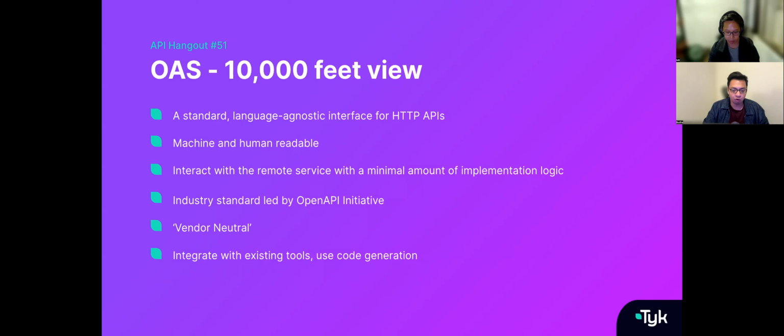And taking it even a step forward, there are tools out there today that enable code generation based off of this blueprint. We spoke about how you can abstract away the implementation logic at the beginning of your design phase. In some cases, if your OAS document has been written well, using code generation tools, you can build out that implementation logic in the simplest, fastest, most efficient way possible. Okay, so that hopefully gives you an overview of what that 10,000 feet view looks like.